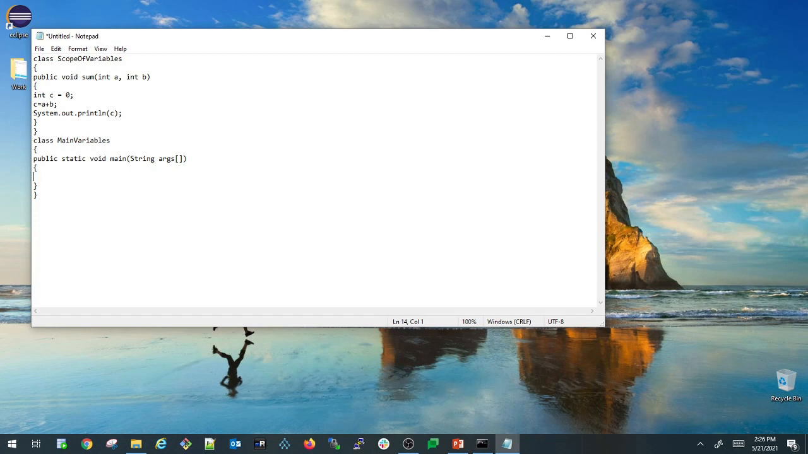Now the question is how we can call the method sum inside the ScopeOfVariables class. To call any instance variable or any instance method, first we need to create an instance for that class. How can we create an instance for that class? The syntax is the class name, here ScopeOfVariables, and I'm giving a reference here, sv equals, using a new keyword for creating an instance, and then giving the same class name again,